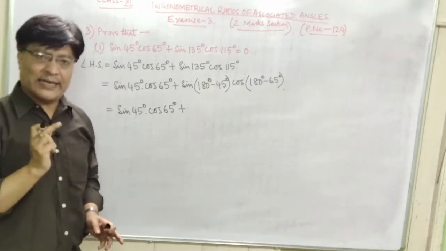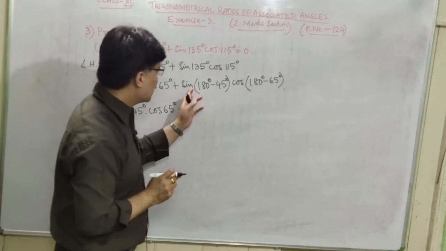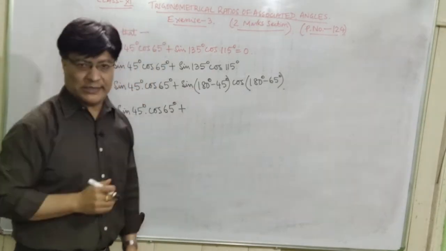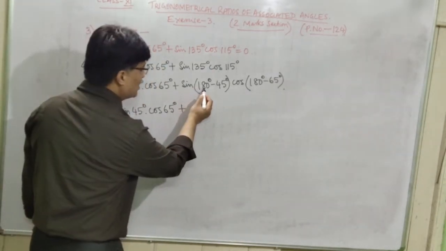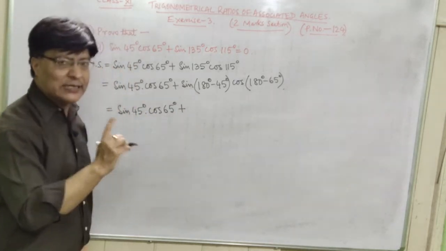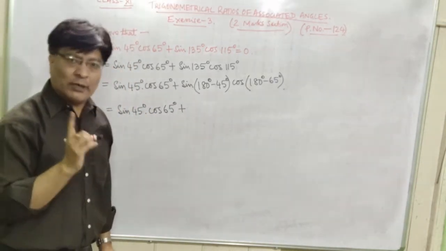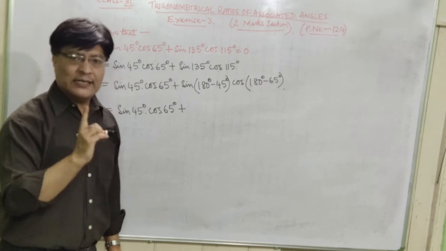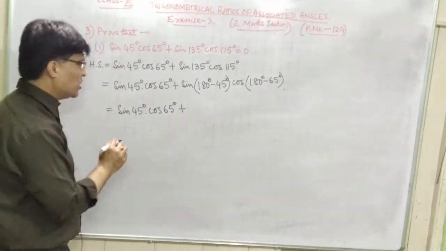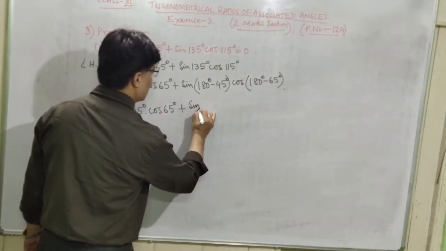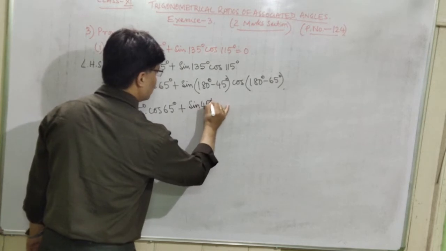It lies in the second quadrant. Okay, and in the second quadrant sine is always positive. And 180 degree is, you know, 90 into 2, which is even multiple of 90. So in this case trigonometrical ratios do not change. So you can write here sine 45 degree